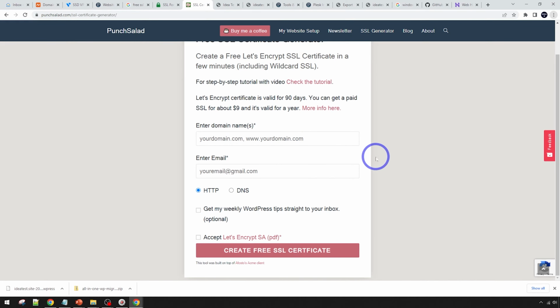So I want to add this step to the process for you guys and show you how to keep it all completely seamless with no SSL warnings. So I'll go ahead and do this. Idea test site here, my email there. I'm going to use a DNS to validate the certificate here. We don't need to tick that, and let's accept the Let's Encrypt service agreement there and create the free SSL